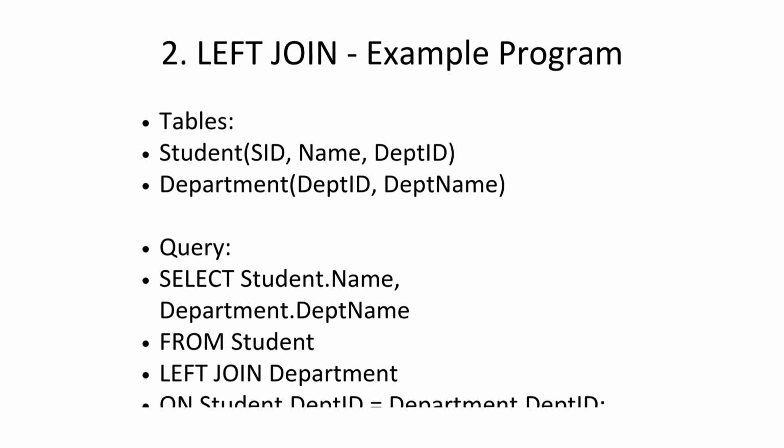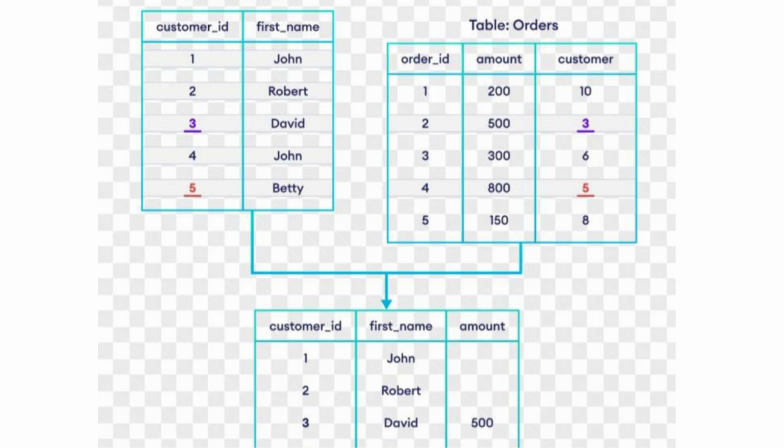Let's look at left join in action. Select student.name, department.departmentname from student left join department on student.departmentID = department.departmentID;